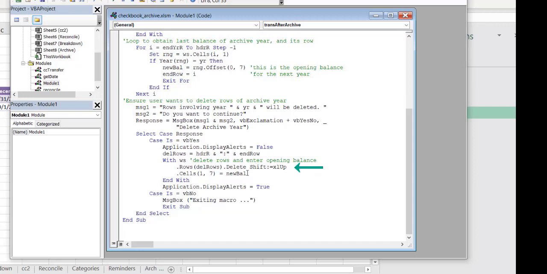We do the deletion. We insert the new balance in the first row of the worksheet in the 7th column, and then we exit the macro. So actually, it's a pretty straightforward operation. Let's go ahead and close this,